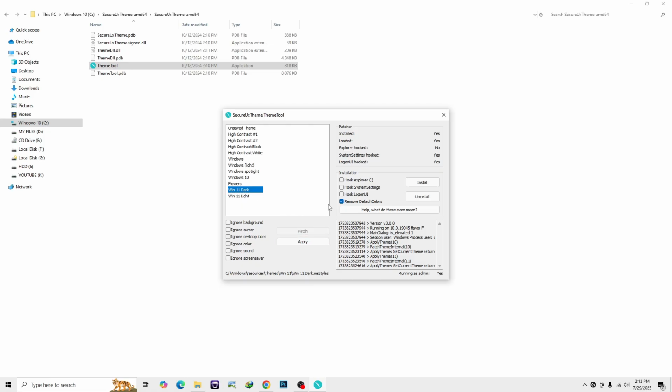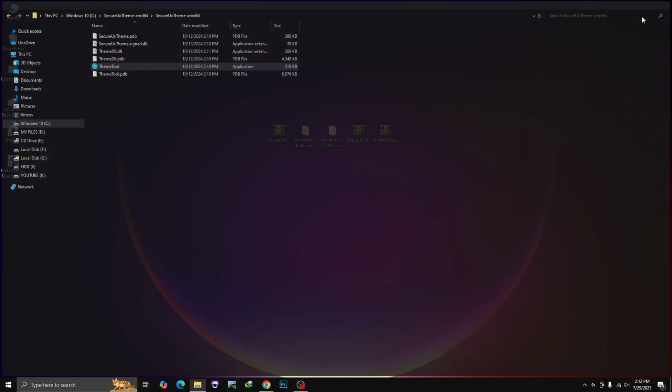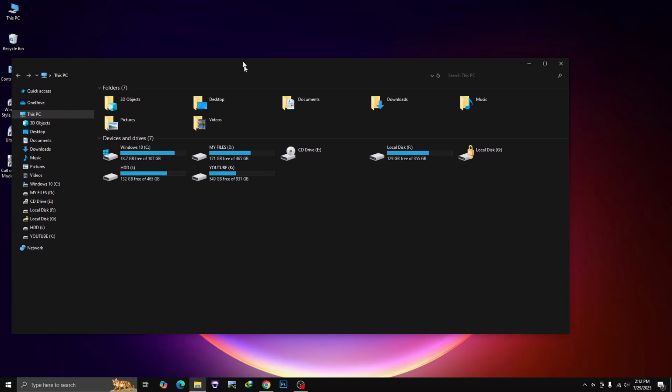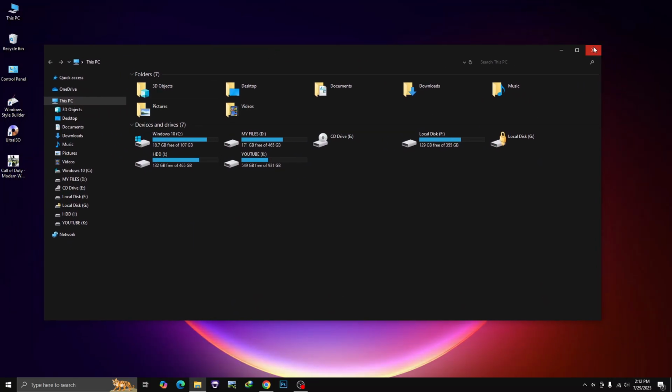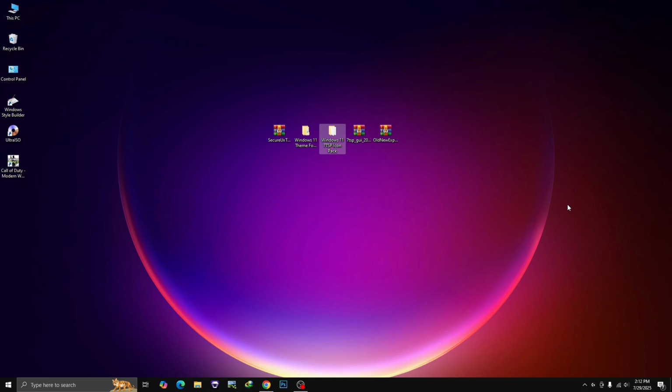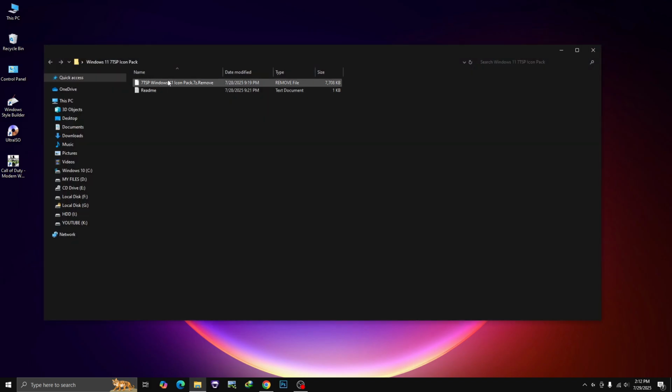So let me show you the dark theme and then click on apply and then click on close. Okay, so theme has been applied. Now we need to apply the icon pack. To apply the icon pack, we need to rename this icon pack. Just click on rename and remove this text